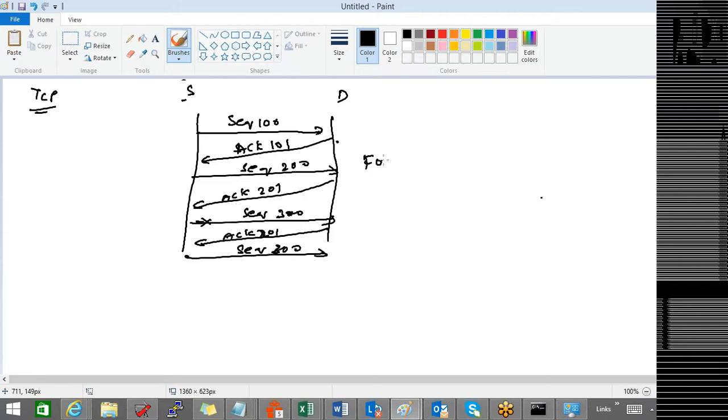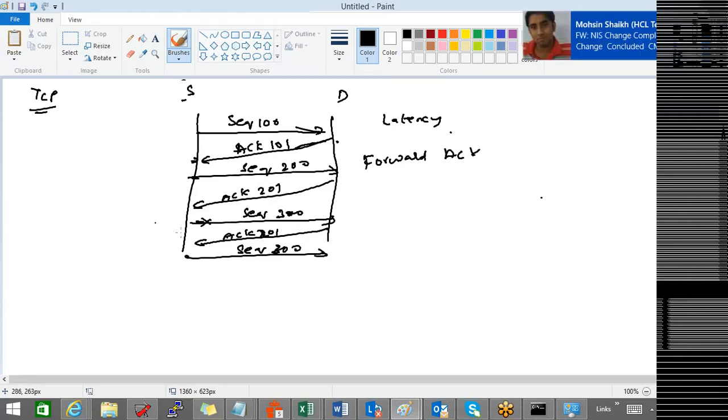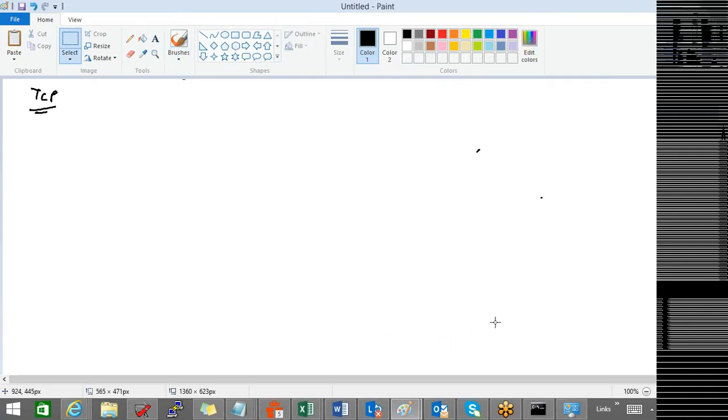This method is called forward acknowledgement. Here for each and every packet, we are acknowledging. So the second packet, even if it is ready to send, will still wait for the acknowledgement for some time. So this involves latency. Latency is nothing but delay. So here the delay is more. To overcome this situation, TCP came up with another method called delayed acknowledgement,